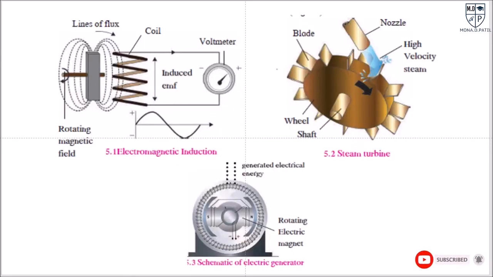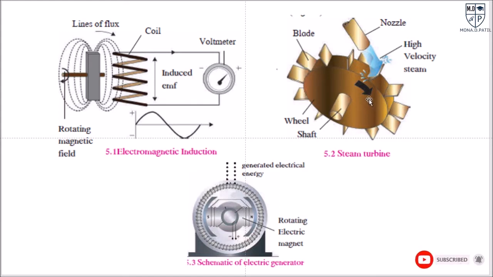So in diagrammatic form we can see here electromagnetic induction, or electromotive force, meaning induced EMF, is produced with the help of a rotating magnetic field or lines of flux. Okay, this is the coil placed in the magnetic field to obtain the electrical energy, which is denoted here with a voltmeter. Okay, it means we obtain the potential difference basically here.